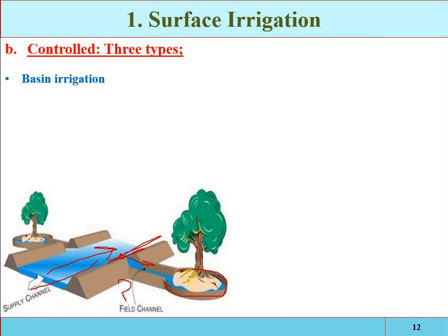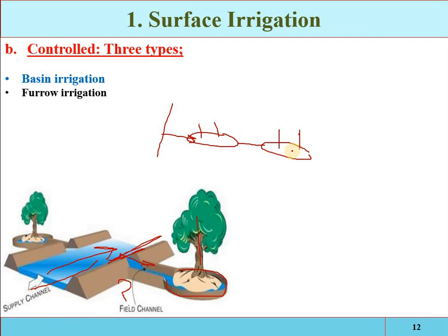Ring basins are formed for each tree, and in some cases one basin may be formed for two or more trees. Sometimes for two trees one basin is constructed, and the water is diverted from the main field canal into that basin. Water is supplied to these basins through a supply ditch. In some cases a number of ring basins are interconnected. For example, if there are another two trees, these two basins will be interconnected to each other. So the water will be diverted from this main canal into this basin, and then the water will also be passed on into this basin.